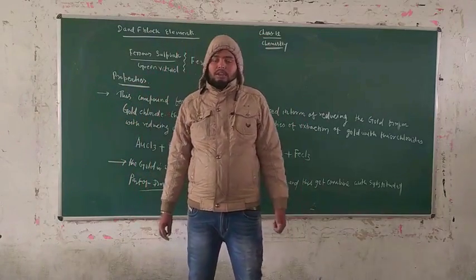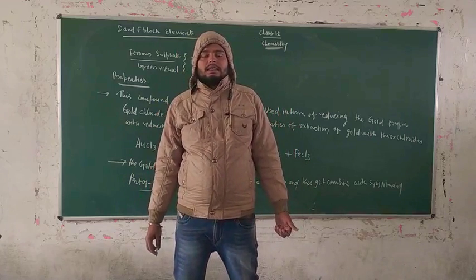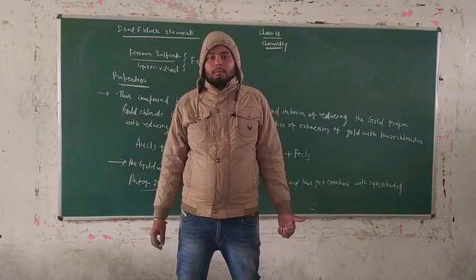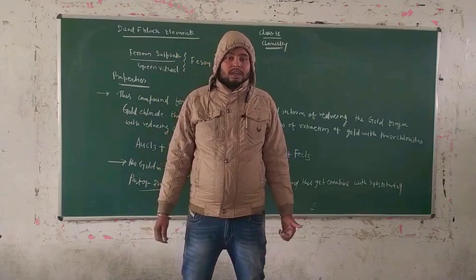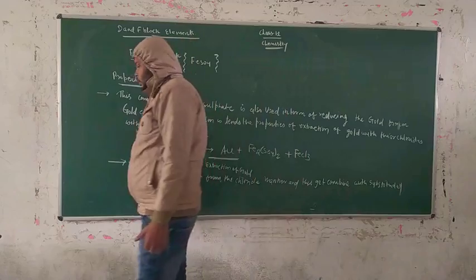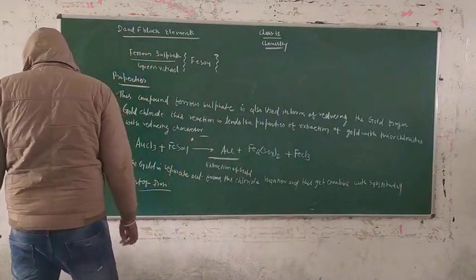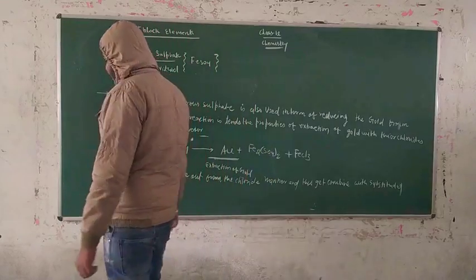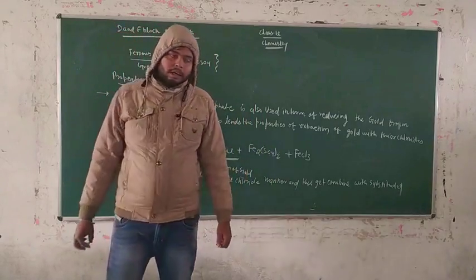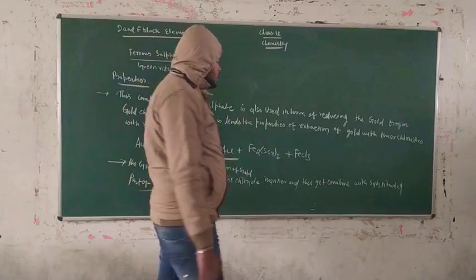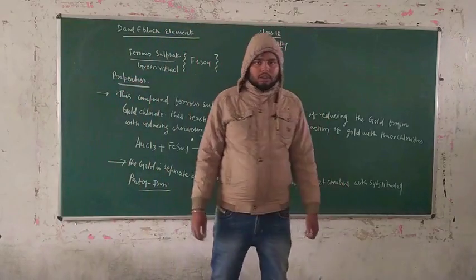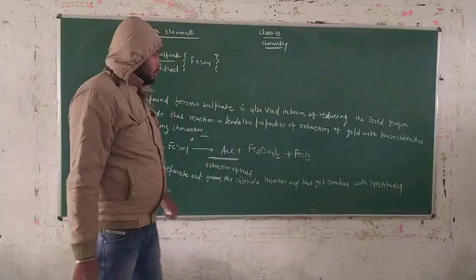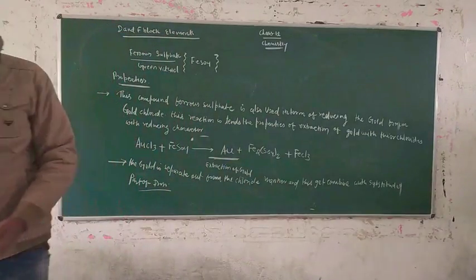This ferrous sulfate is also used as an insecticide. This is also used in the manufacturing of black and blue ink. This is also used as a germicide. This is also used as a laboratory agent in the chemistry lab, and is used as a moderator in the manufacturing of many more things. Before discussing all these uses, we have to take a note of this. So take a screenshot, guys.